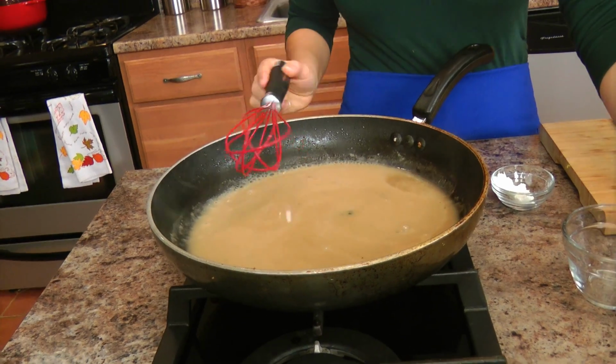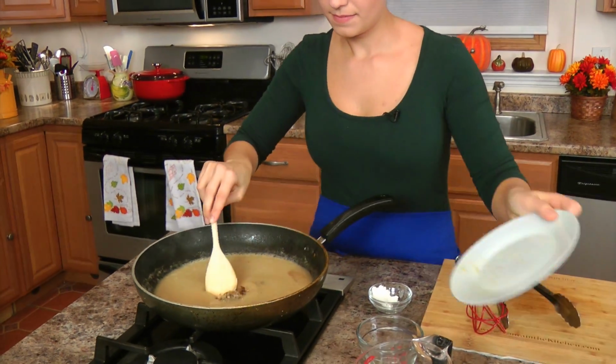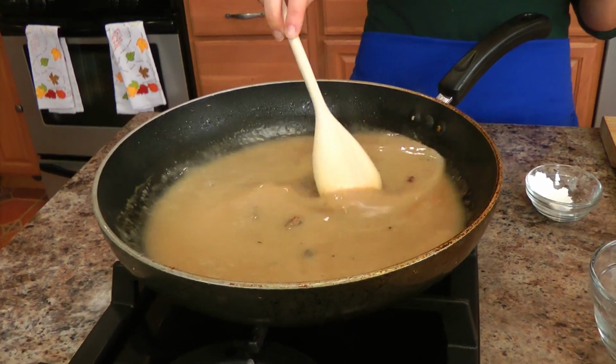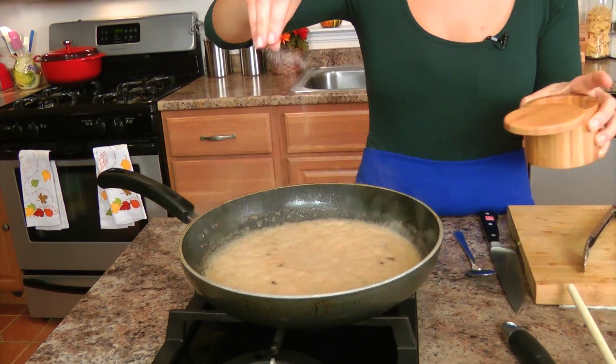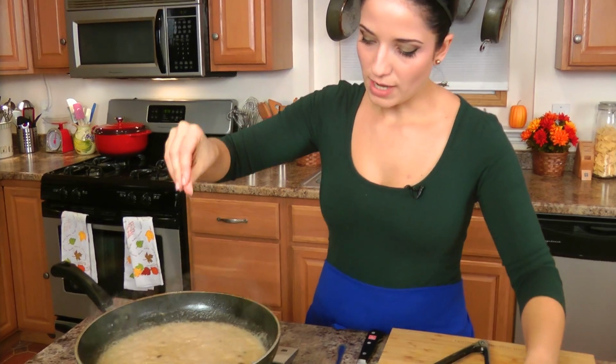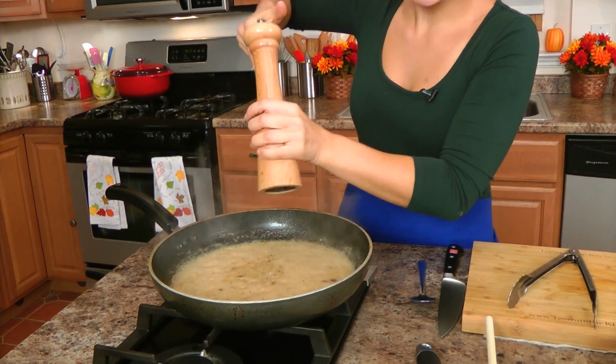That looks good. At this point, I'm also going to add in the garlic. I'm going to let that all cook together for just a few minutes or until the sauce thickens, and I'll show you how to finish it. That looks really good. I just want to season it with some salt and pepper, and then I'm also going to add in my herbs and pretty much turn this off